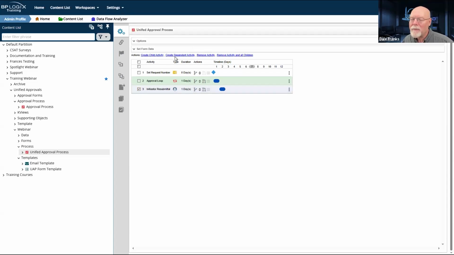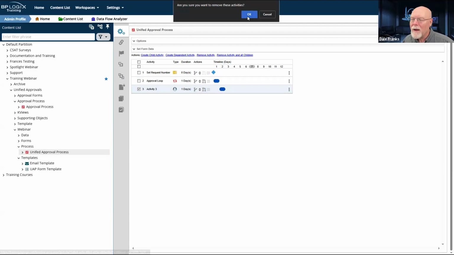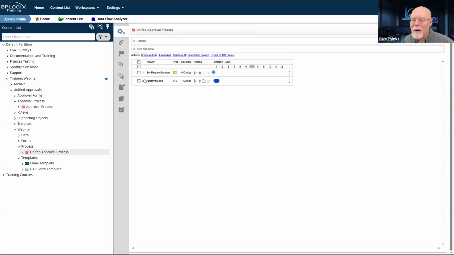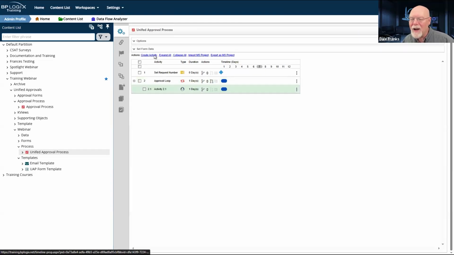All right. We're going to have to redo this over. We are going to have to create not a dependent activity. Wow, I am trying to cowboy my way through this and getting it wrong. I want to create a child activity.